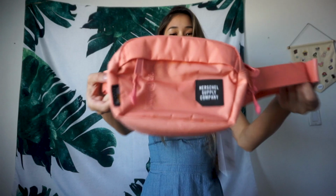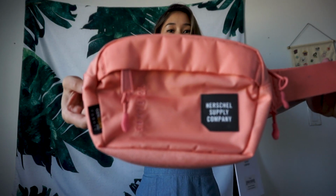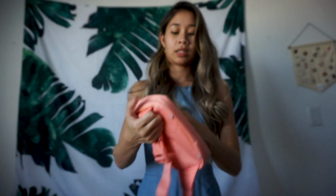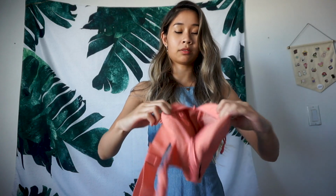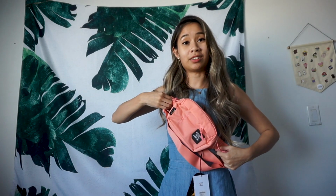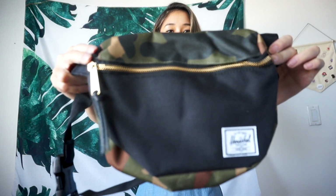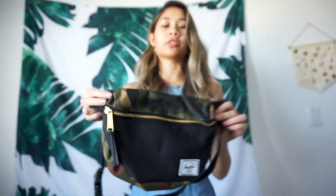Tons of room. One is a coral, kind of like a waterproof feel. It has also a zipper in the front and a zipper on the inside as well. This one I can suspect to go on the hip, or I can go this way, either way. This camo one, super cute. I noticed that Herschel's camo is very pop out, very visible. So we didn't really like that design, so we found this and